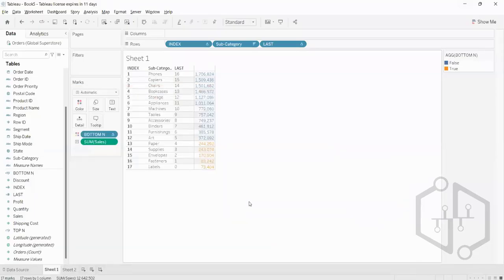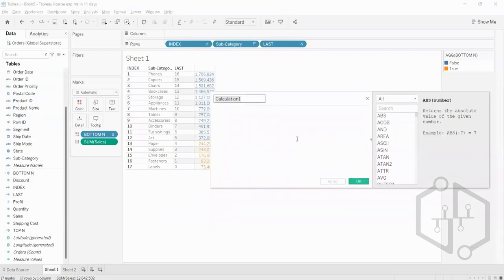Okay. So now we have the bottom. Now what we need to do is create something which will show me bottom five and top five. So we will create another calculated field. I'm doing it for the conditional formatting, but it is also a kind of logical formula writing, so please go ahead and practice for yourself so that you don't have a problem understanding the formulas or writing things. It's pretty easy. So let me name it as top five